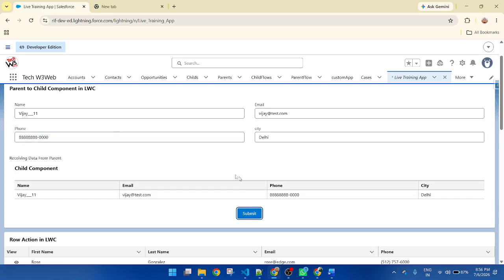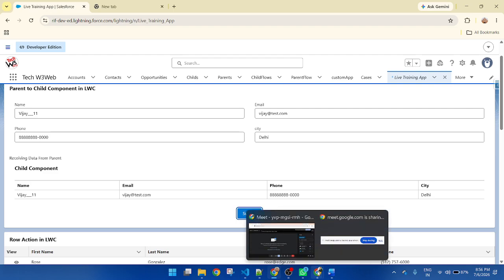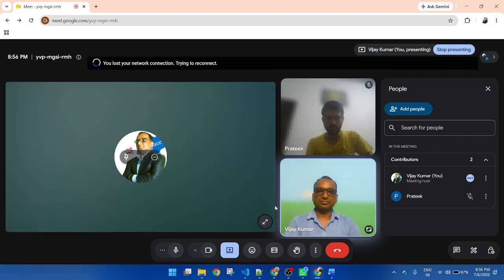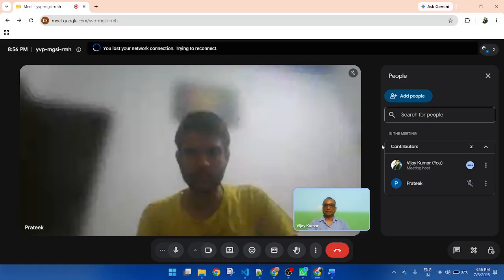So here I am passing data from the parent component to the child component, an LWC component. Got it? Yes, sir. So today I covered how to pass data from parent component to child component in LWC.